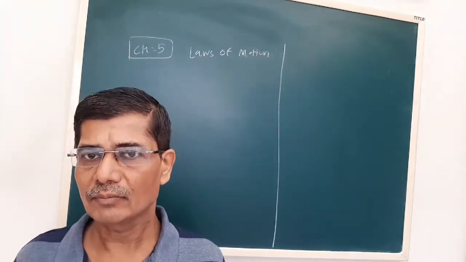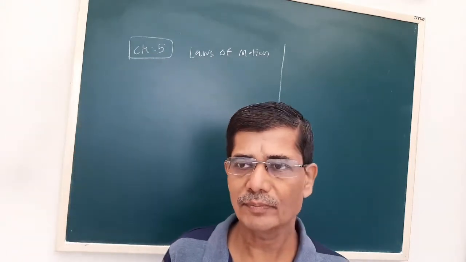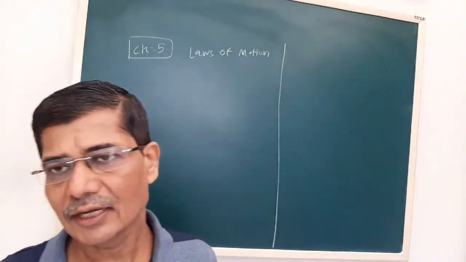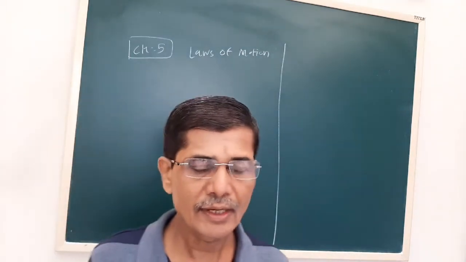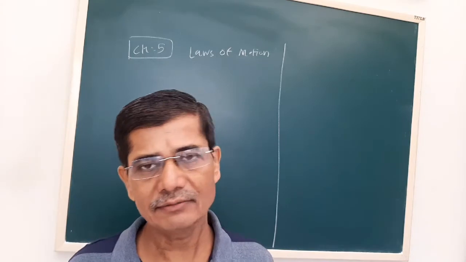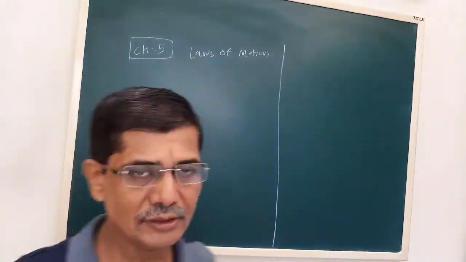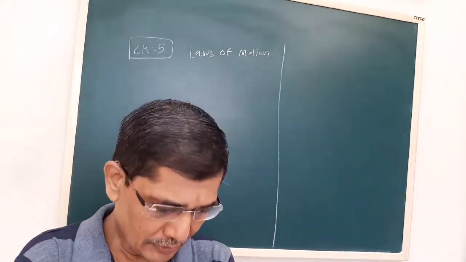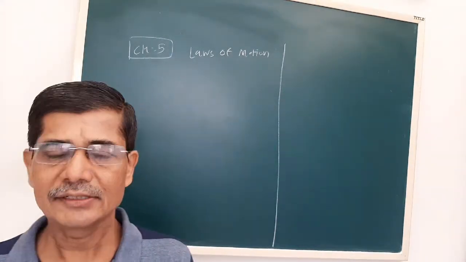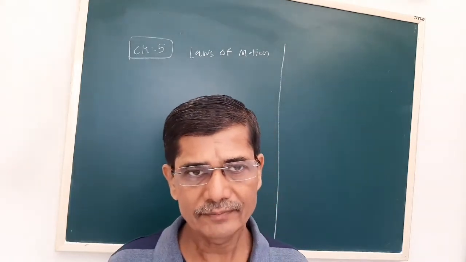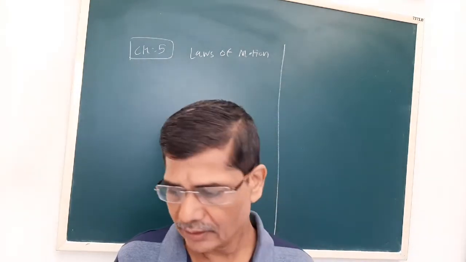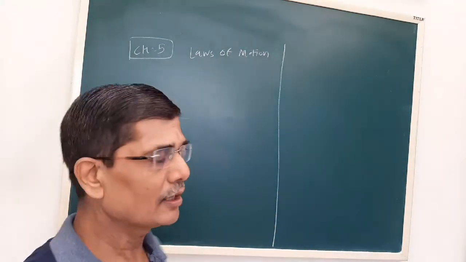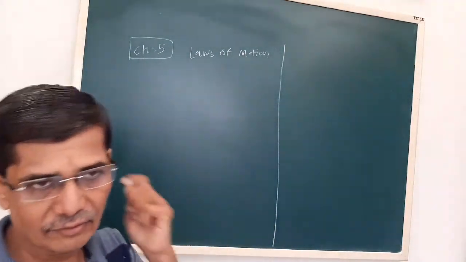Then we talked about momentum. The product of mass and velocity of the body is called momentum. We also saw that to describe the motion, momentum is more important than velocity alone. Then we saw Newton's second law of motion. The time rate of change of momentum of a body is equal to the resultant force acting on the body, and the change is in the direction of the resultant force. We also defined 1 Newton force.